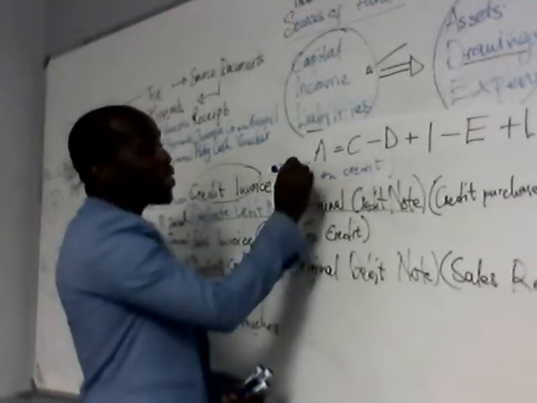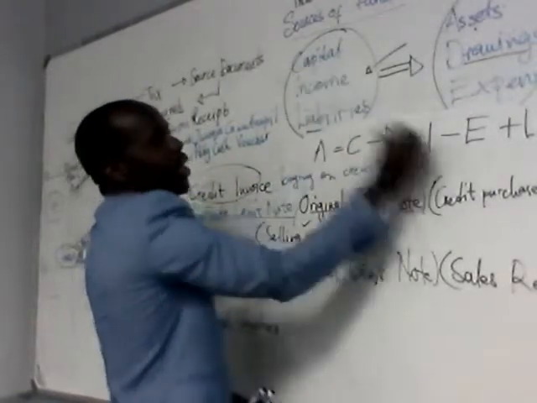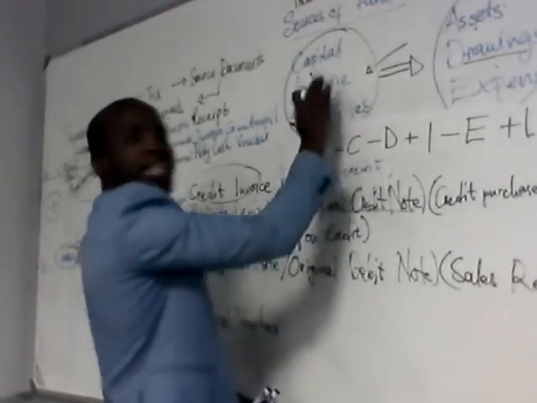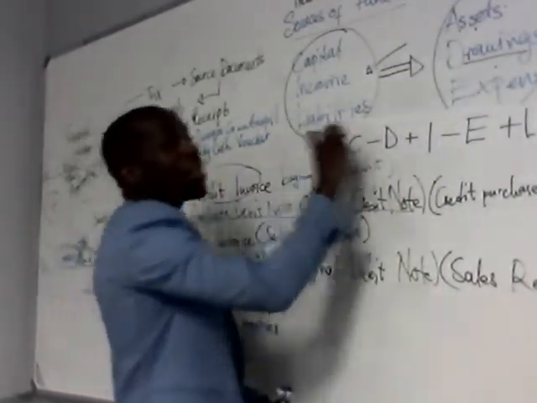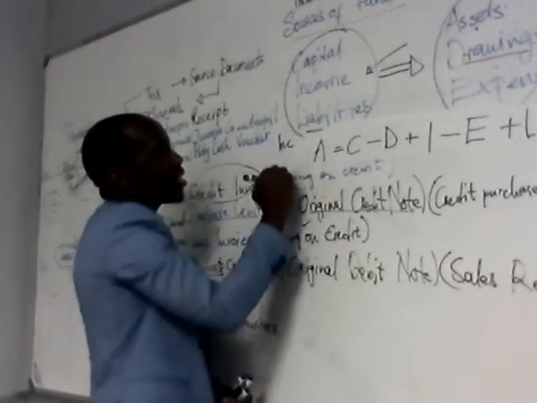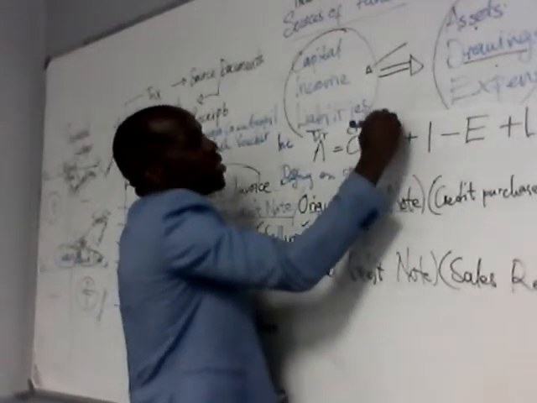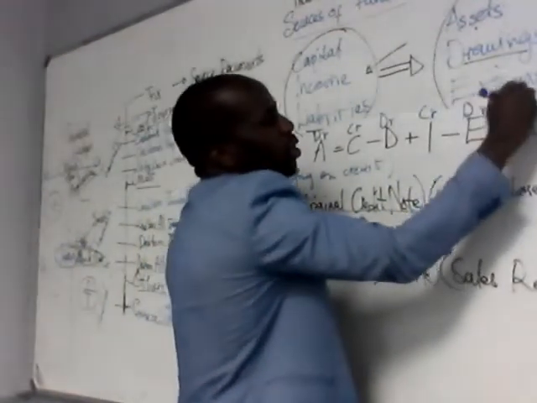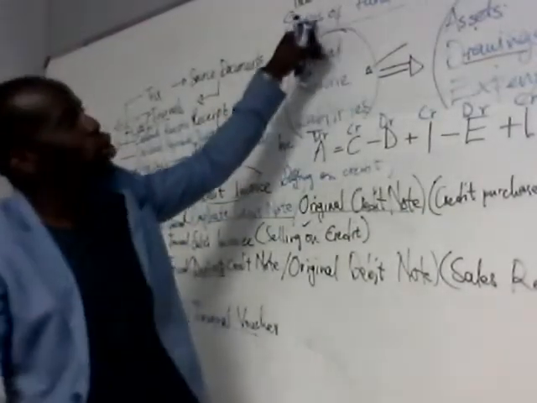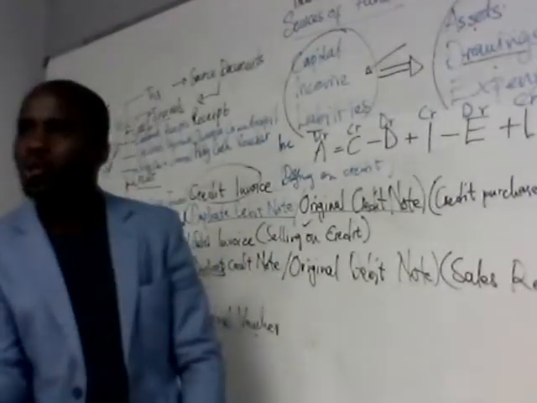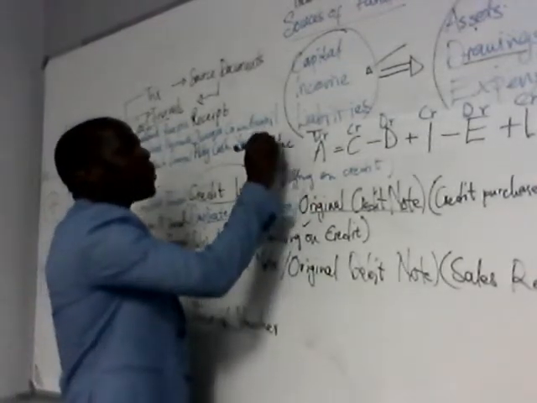So once we have them, remember assets is here, capital is here, drawings is here, income is here, expenses here, liabilities here. They are all part of either sources of funds or application of funds. Once you remember the mathematical expression, we're going to say increase, and then we have decrease. Increase, debit, credit, debit, credit, debit, credit. At the end of the day, this is the same as knowing sources of funds and application of funds. Where do they increase? Where do they decrease? Are we together?